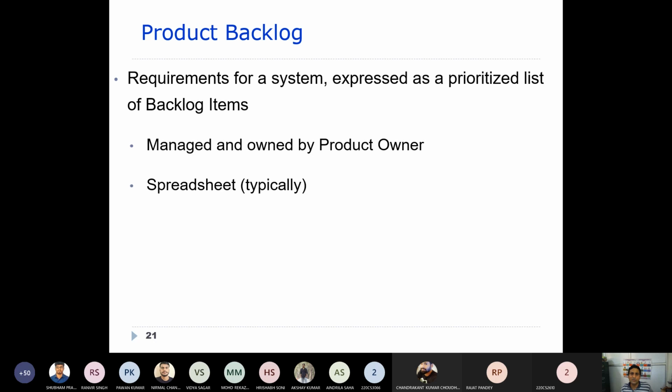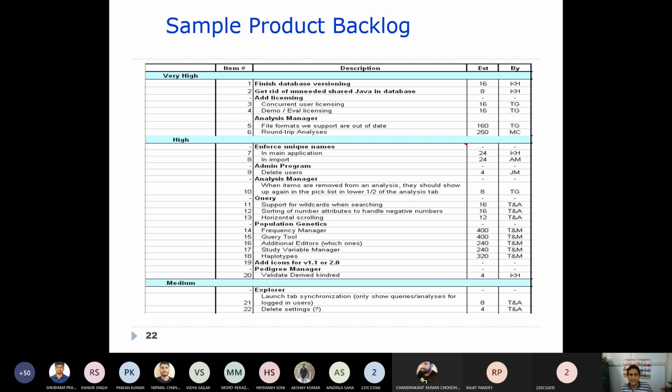One example you can see: these are the items, item number 1, 2, 3, 4. These are the features and descriptions, estimated hours it takes, by whom it is to be developed, and what the priority is, whether very high priority or medium priority. This way product backlogs are created.